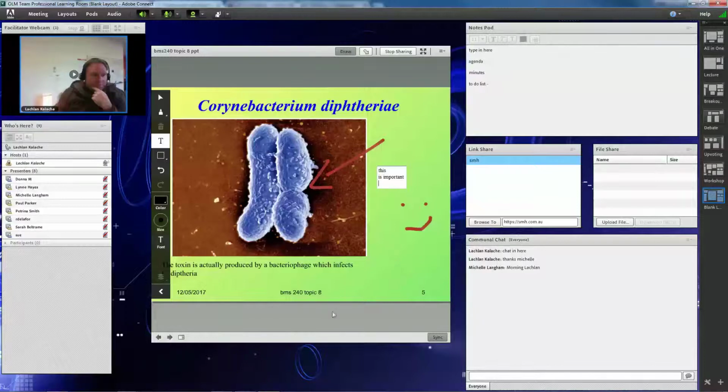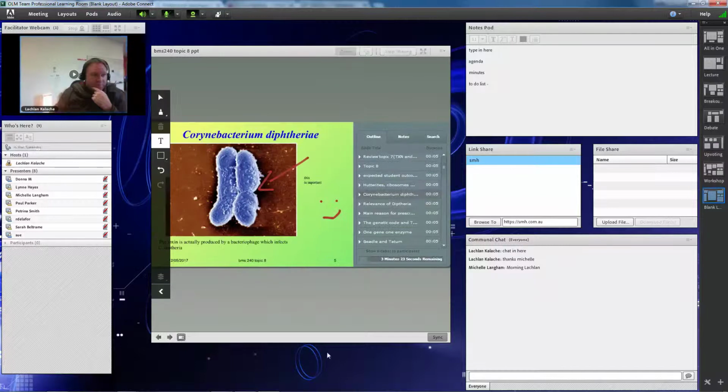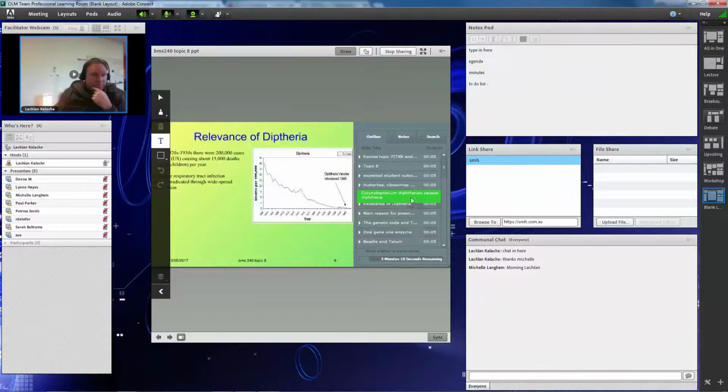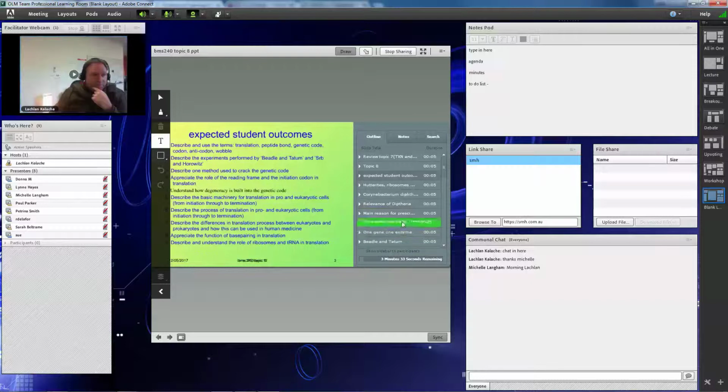Now, same principle as before when we talked about the sync button. If it's turned off, people would need to move through the slides by themselves. Otherwise, make sure it's kept on. There is a little menu, a sidebar menu, that you can turn on that's down next to these arrows underneath, and that will allow you and the other participants in the room to move through different slides. So I can see different people clicking on different parts of that, and that's what happens if you turn the menu on. People have the ability to navigate through the slides by themselves, which is fine, I guess, unless you're